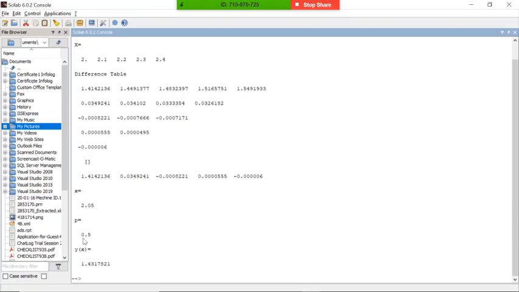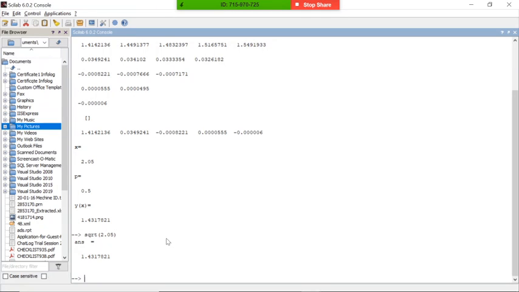P is this one, and the square root of this one, using the Newton forward interpolation method we got this one. So we'll manually try the square root of 2.05, right? You can check that using this program we got the same result as the square root.